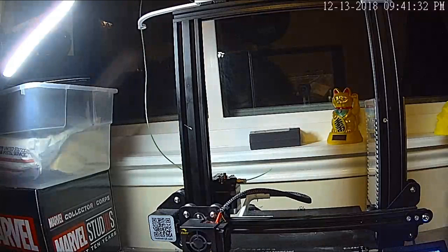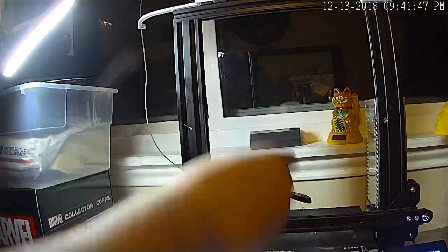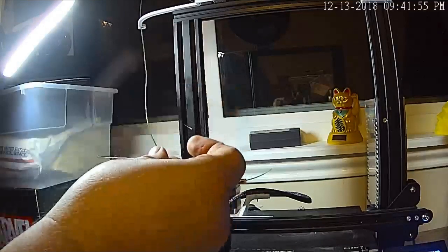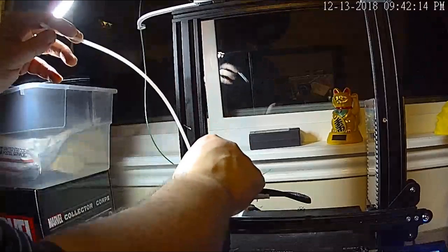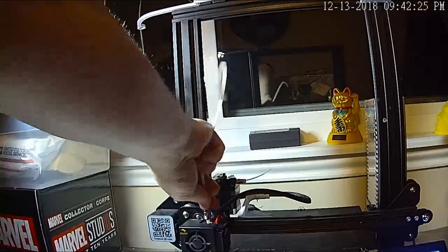So there's definitely a little bit of plastic in there. Alright, well, with it a little warmer than usual, I'm just going to go ahead and try and push some filament in. So, since this is clear, this is supposed to shove in all the way in up against the nozzle. It feels like about as far as I can get it to push. I don't want to touch the heater block because it's hot right now, but